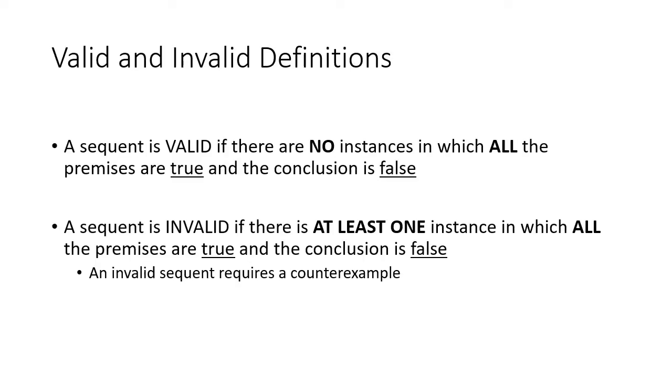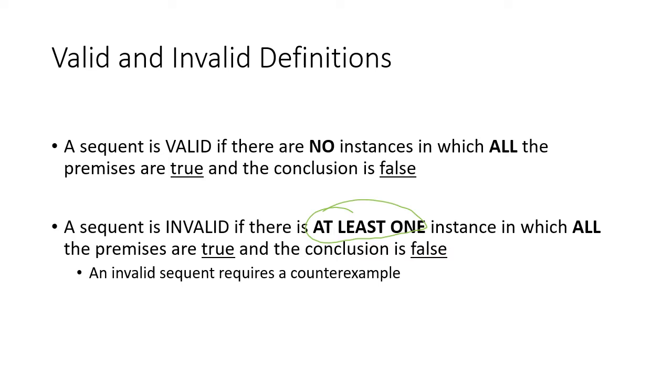In this presentation, we'll keep doing some more practice problems on truth tables, determining if an argument is valid or invalid. So here on the screen, you'll see the definitions for valid and invalid again. I'll keep bringing these up for each lecture. The difference here is that valid means there are no instances in which all the premises are true and the conclusion is false. Invalid is where there's at least one instance in which all the premises are true and the